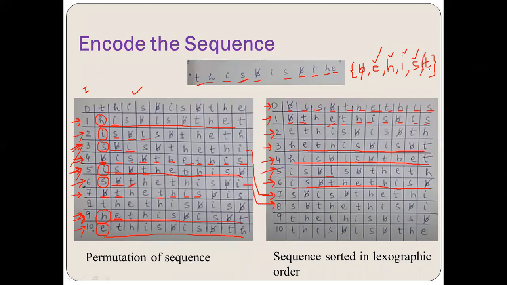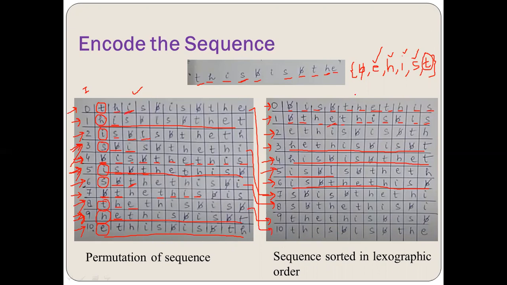Then I have T lastly. So T again, 2 rows are left, and first position T is the 0th and then the 8th. Again, I'll look further at the second one. So the second one is what? H, same order. Then I have the third I. This is E. So obviously E comes first as compared to I. So the one which is at the 8th will be taken at the 9th position and the 0th sequence will be taken at the 10th position. The same sequence, right? The only thing is I'm going to change the index number.